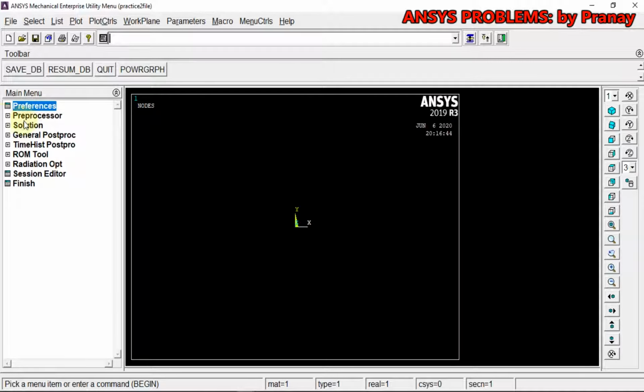I'm going to create keypoints in the active coordinate system. For the first one, just apply. This is the node at the origin. For the second one, we apply 187.5. Apply. For the third one, it's going to be at 375. Okay, so we have these three nodes.